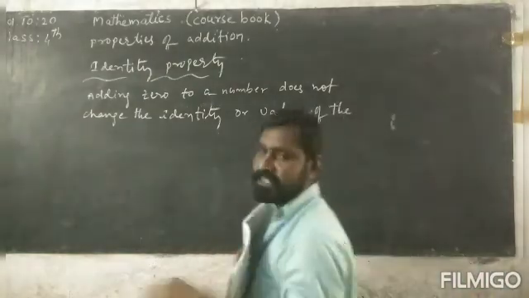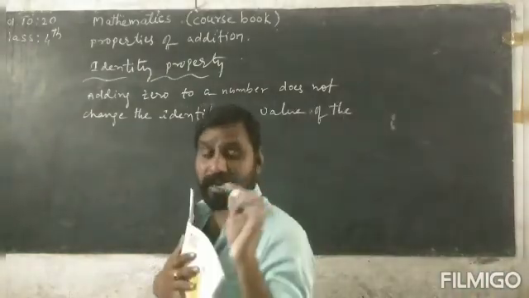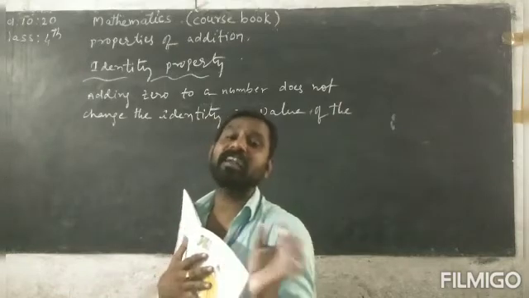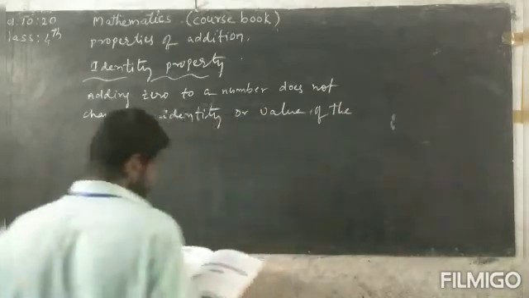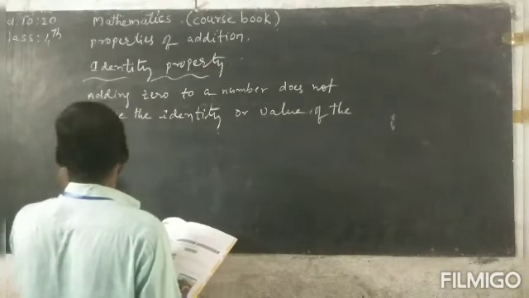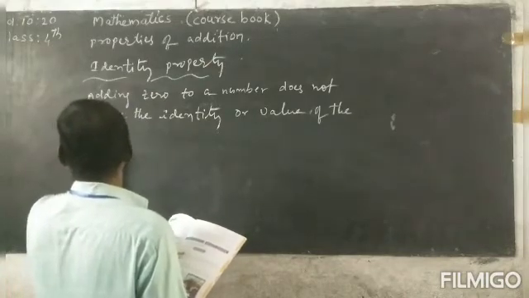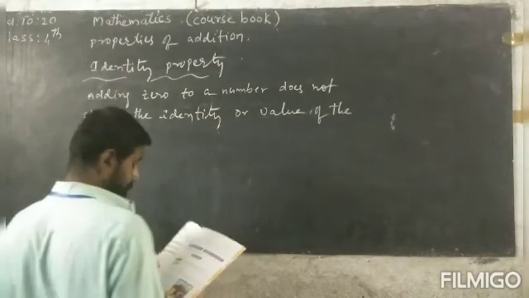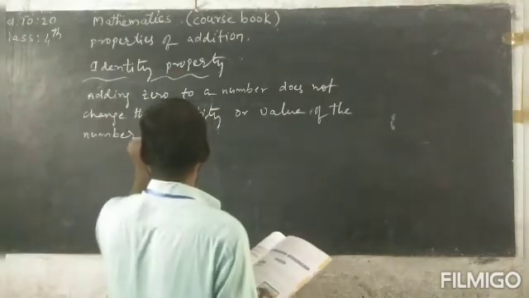Means 8 plus 0, 0 plus 8 does not change the value, means 0 does not change the value of the number. This property is called